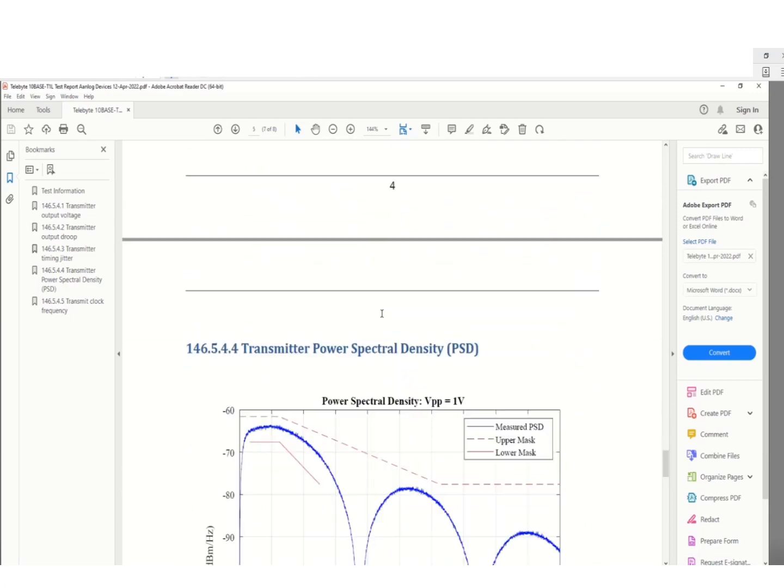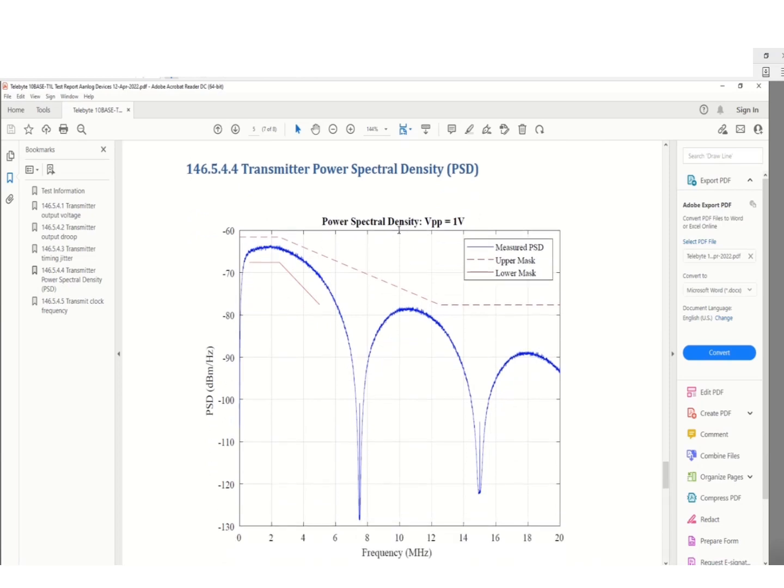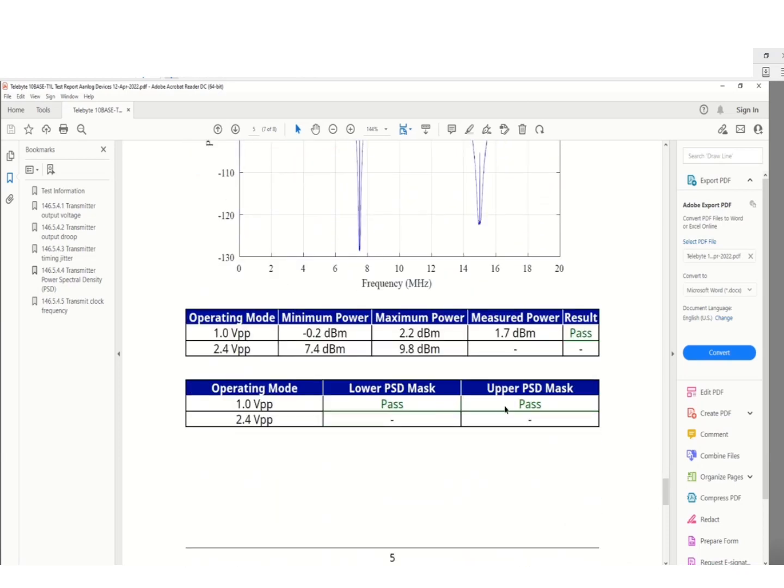Here we get to test mode 3, our transmitter power spectral density. So in a 1 volt peak-to-peak mode, you can see we have our upper limit line out to 20 megahertz and our lower limit line out to 5 megahertz. And our blue is the transmitted signal. And so the transmitted signal must stay between the upper and the lower mask where they're defined. And then you can see that it was a pass for the lower PSD mask and a pass for the